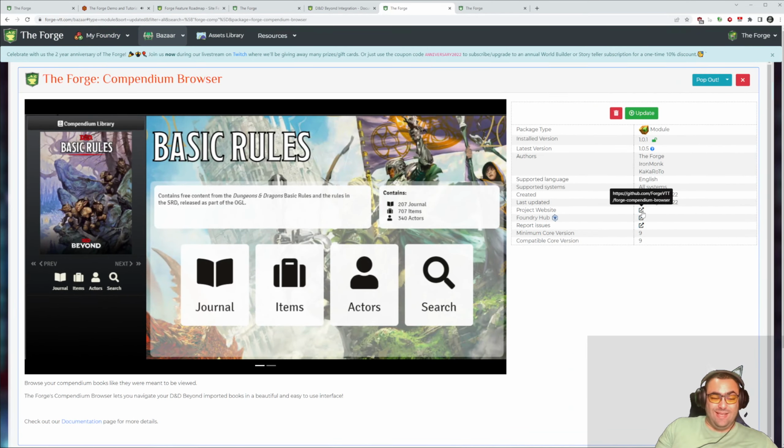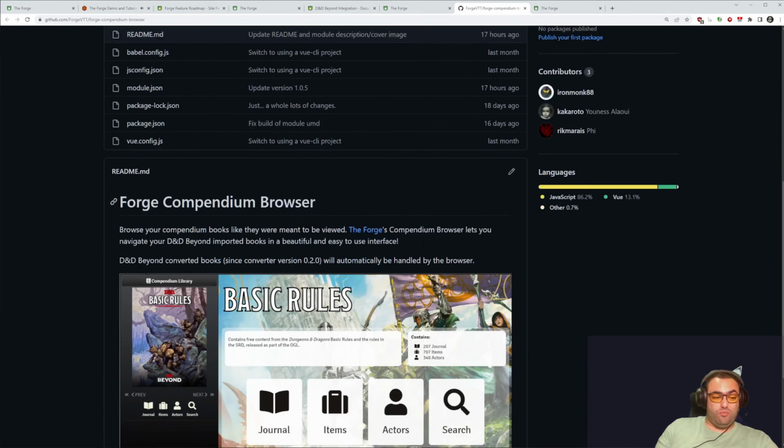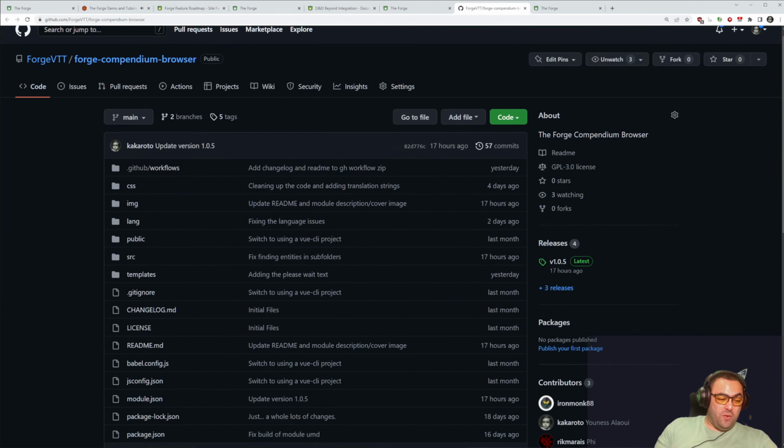Something really cool about it is that we have released this as an open source project. So if anybody wants to use this, not only did we make it not exclusive to the Forge, it's not exclusive to D&D Beyond, but we are making it so that any content creator out there who wants to use our browser